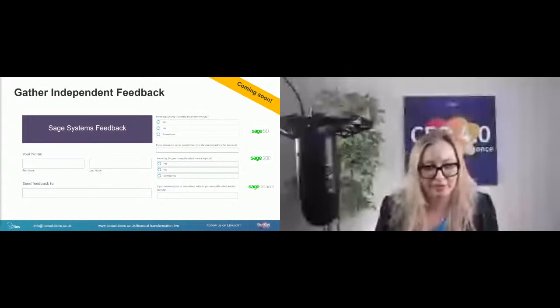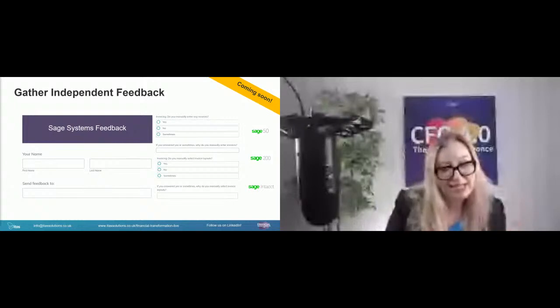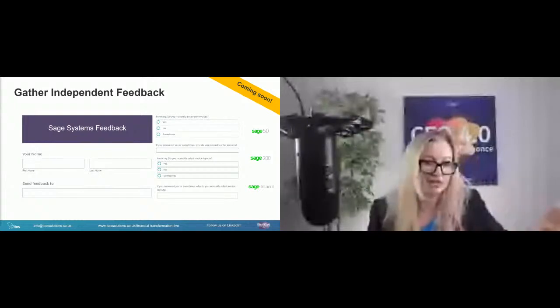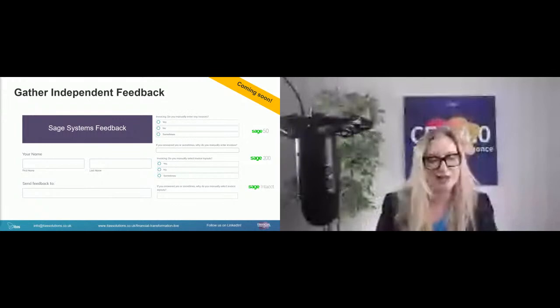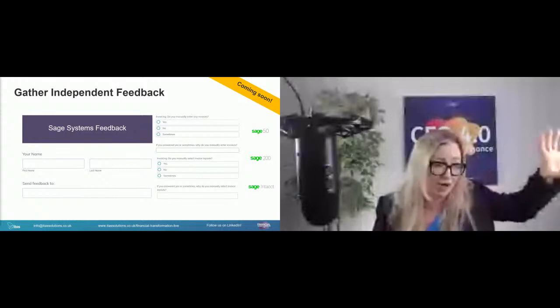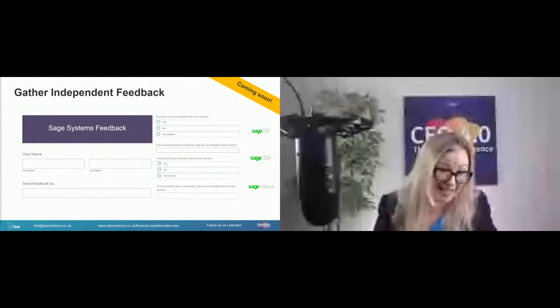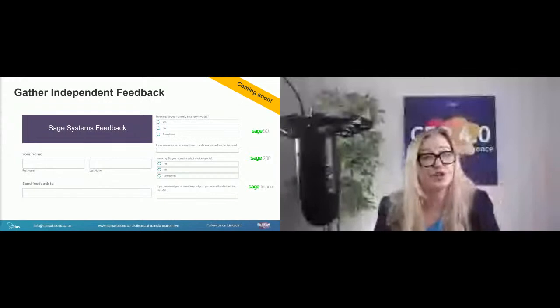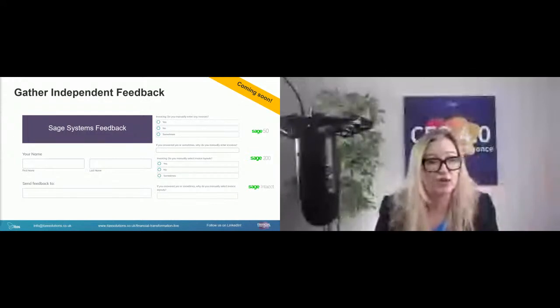Okay, so gather your independent feedback, allow everybody to fill it out without influence from others within the group or within the user base. And you can do that at a top level, so asking for ideas, for feedback, for feeling. And then you can ask specific questions that will allow you to guide and understand where to focus your investigations.